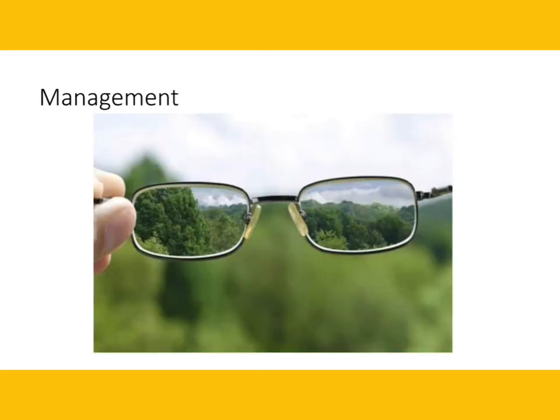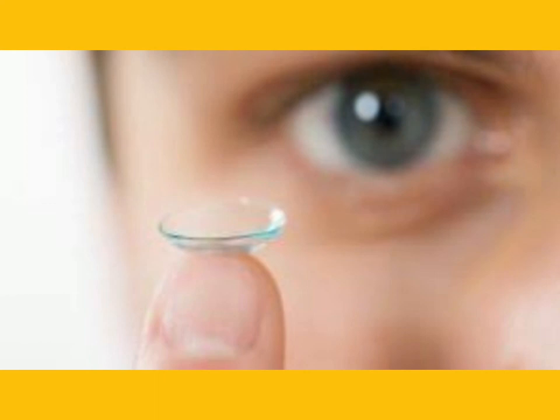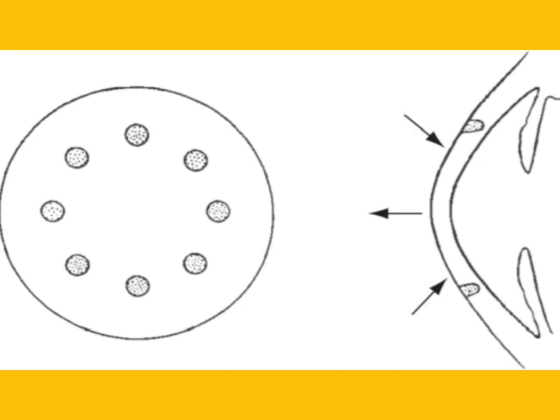Okay. So what is the management? Primary management is to give glasses to the patient where plus power is prescribed, and if the patient doesn't want glasses, then give contact lenses. Conductive keratoplasty can also be done, where thermal burning is applied up to 50 micron depth of the cornea, so that when this area heals, it will reduce the corneal curvature. Okay, so this is how the light rays can be brought into focus from behind the retina.